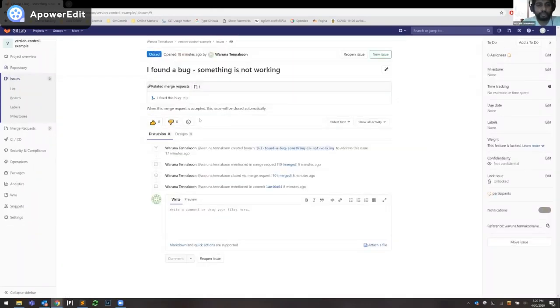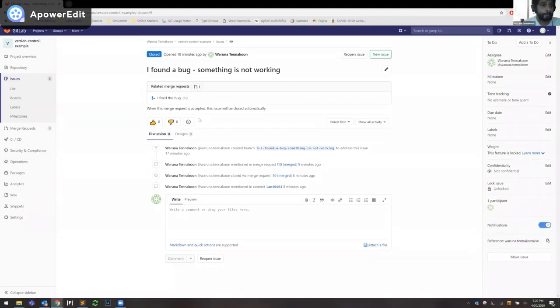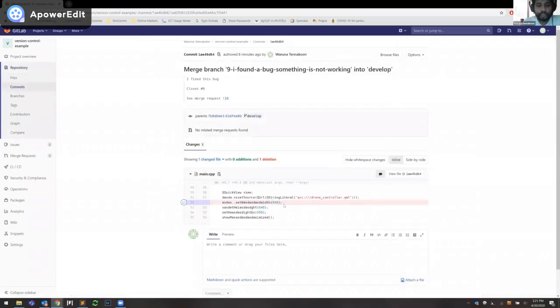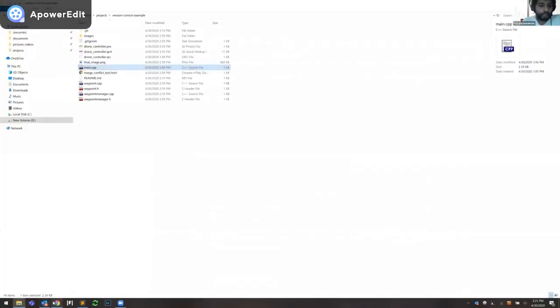So the issue management system and the source code management system actually talk to each other. Ideally, if you have access to this Jira or GitLab issue, you can find out the related code changes as well. If you go to this code change, you can see the change that you have done. I just deleted this line. It's all there. So it's easy to troubleshoot when it comes to practical scenarios.